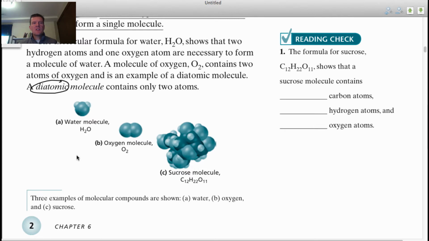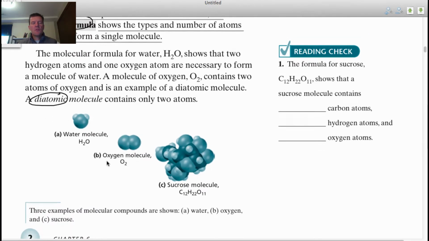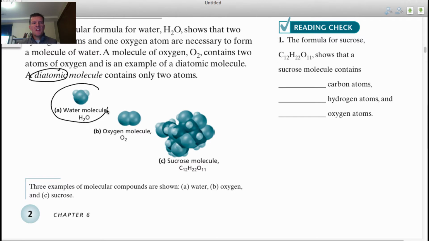So here's some examples of some molecular formulas. Here's water, as I already mentioned, H2O, and there's a diagram that kind of is trying to illustrate it. So your oxygen molecule here bonded with two hydrogens. Here you have a diatomic, two atoms bonded together with the same element. So oxygen always appears as O2 in nature. An oxygen molecule bonded with another oxygen molecule. And you can bet that those valence electrons are being shared equally here. Okay? This would be an example of nonpolar